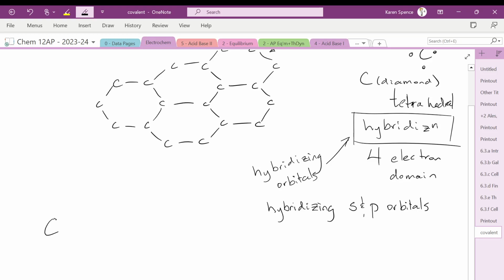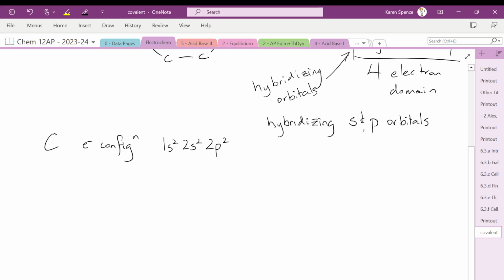Carbon, what is the electron configuration of carbon? 1s2, 2s2, 2p2. Okay, now, if we were to draw that as like an orbital diagram, we would have